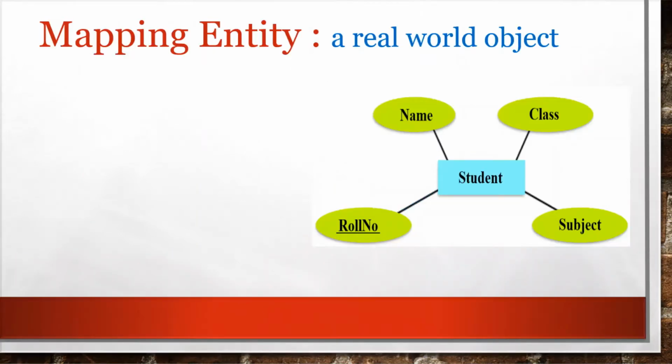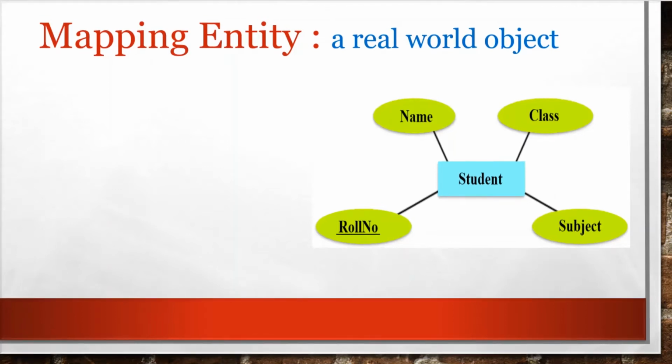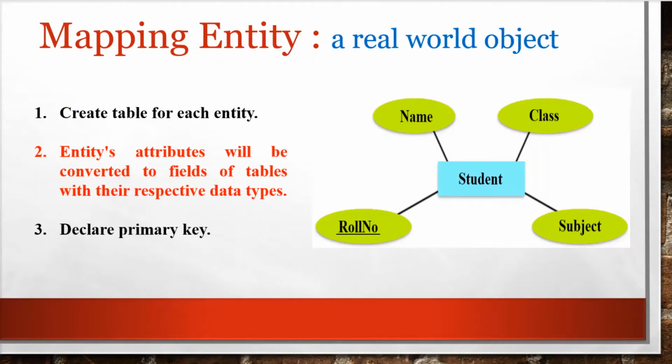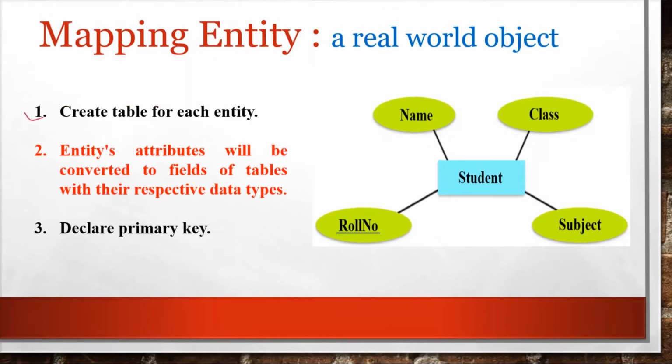Firstly, for every ER diagram we have two things. Mainly, every ER diagram has a lot of entities and many relationships that relate those entities. So, how do we convert a given entity to the equivalent table?